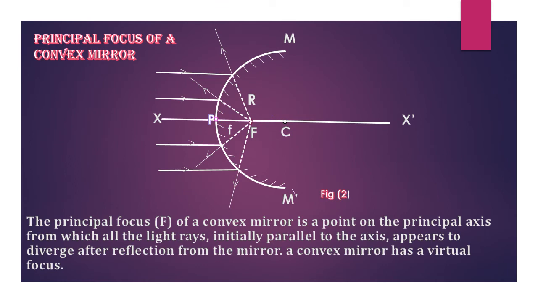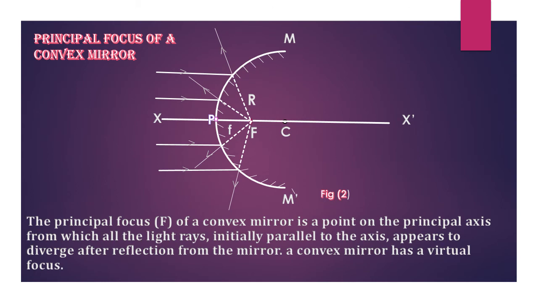Let us define the principal focus of a convex mirror. It's very important. So children, here you can see that all the incident parallel rays are reflected, and we know that a convex mirror is a diverging mirror, so it diverges the light rays, and the reflected light rays are extrapolated backward so that they meet at a point, and this point is our principal focus, that is capital F. And as you see, it lies midway between the pole of the mirror and the center of curvature.